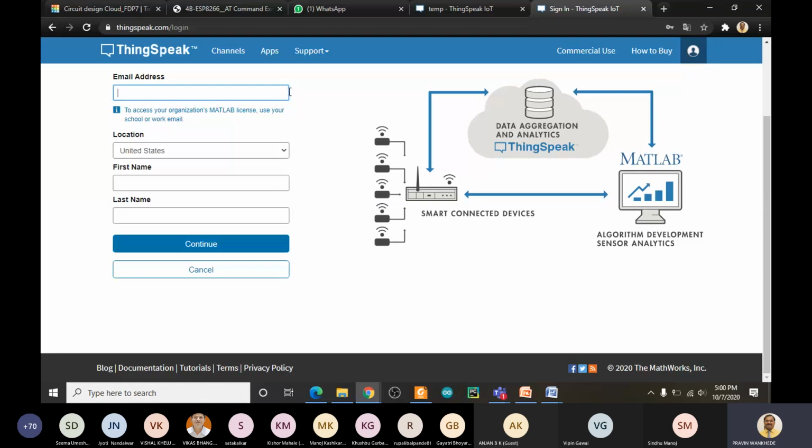The same procedure applies to open an account for any other clouds or websites. Then it will ask for the password and everything, and it will send an email to your registered email ID, and you have to verify it. Once you get verified, then log in.